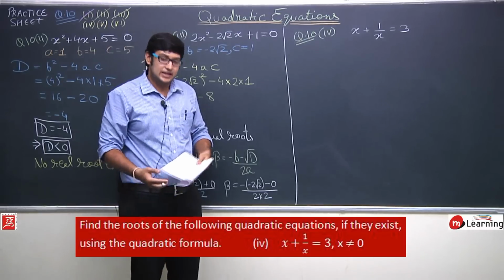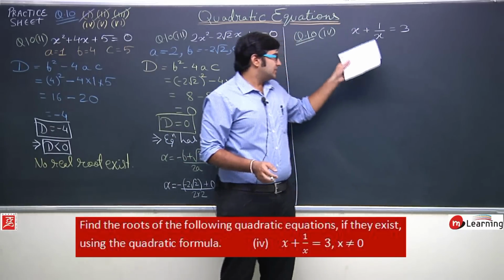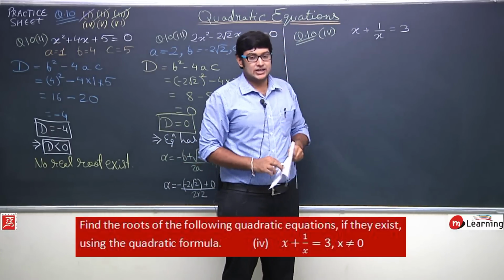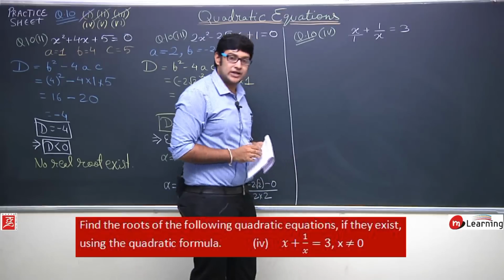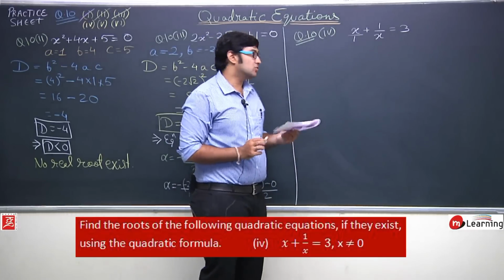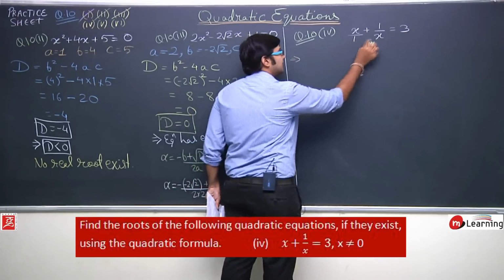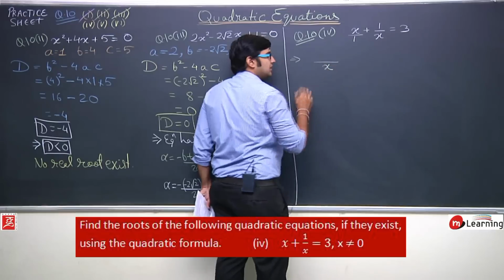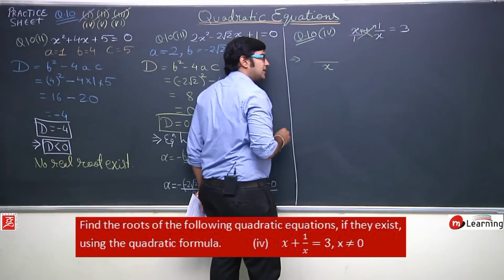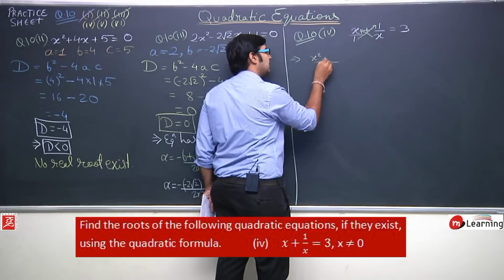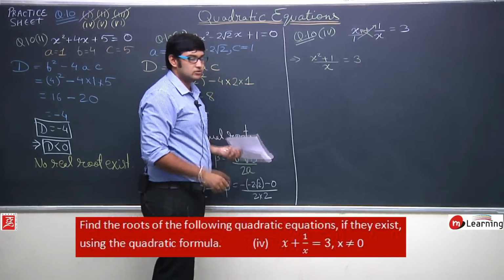ऐसा हमें लग रहा है देख के कि ये कोई एक polynomial है लेकिन quadratic equation नहीं है. But it can be made into a quadratic equation. कैसे बनाएंगे? आप यहाँ पर x upon 1 और 1 upon x, तो यहाँ पर LCM ले लीजिए. So you will find this equation can be written as, this is 1 into x, so in denominator it will be x. Okay, this x will get multiplied here and this 1 will get multiplied here, so it will give you x square plus 1 is equals to 3.